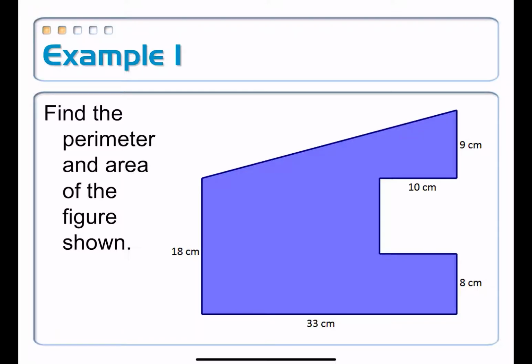Back with example 1. Find the perimeter and area of this composite figure. So let's talk about strategies. One of the strategies that you could use is identical to what we did on the warm-up activity, and that was to break it up into smaller chunks, each of which is a shape that you could easily find the